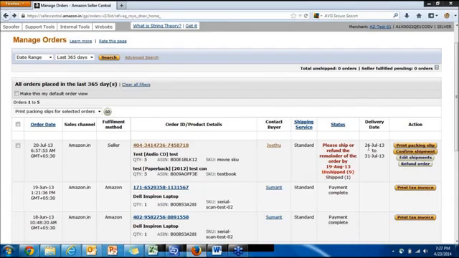Okay, the estimated delivery date is also given here. This is based on whatever shipping settings you have selected, and which shipping your customer has chosen. So for example, let's say for a particular offer, you have given the customer the option of both expedited as well as standard delivery. Depending on which of these two delivery types the customer has chosen, the estimated delivery date will be displayed here. Okay, now let's look at the actions column here. So you have an option of printing the packing slip from here only.